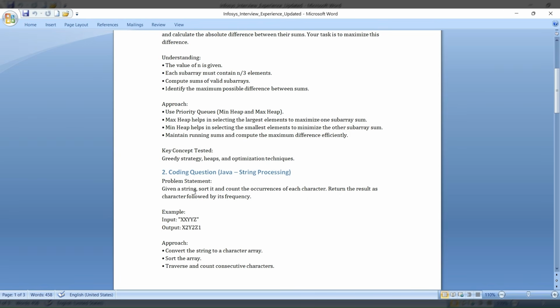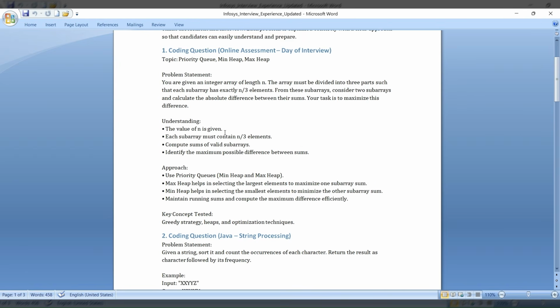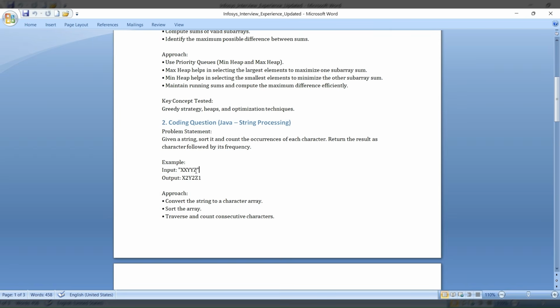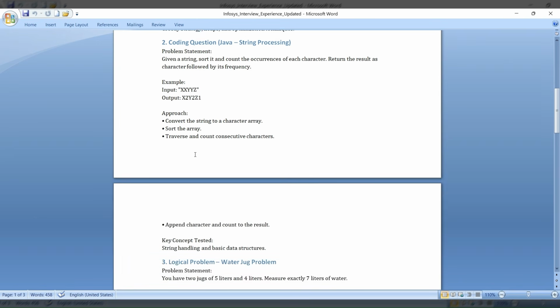I have been given a string. This is the interview question which the interviewer asked me during the interview, and this was a part of the online assessment on the day of the interview. And the question was, I have been given a string like this and I have to return the output like this. Basically, I have to count the number of characters in this string. So this was the coding question which the interviewer asked me, and this was the approach I have followed,